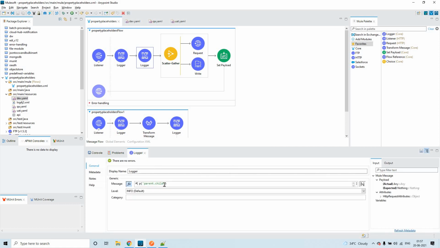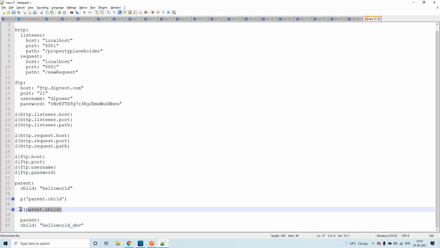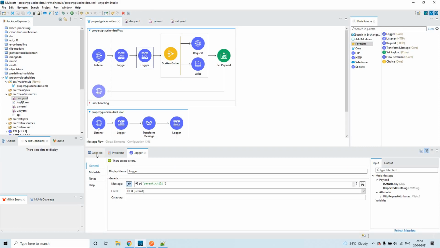But it all depends upon your requirement. You have to use the p function and also the dollar convention to fetch the property values from the property files. This is the advantage of using the p function while fetching the values from the property files. And we have also seen the dollar convention to fetch the values from the property files.